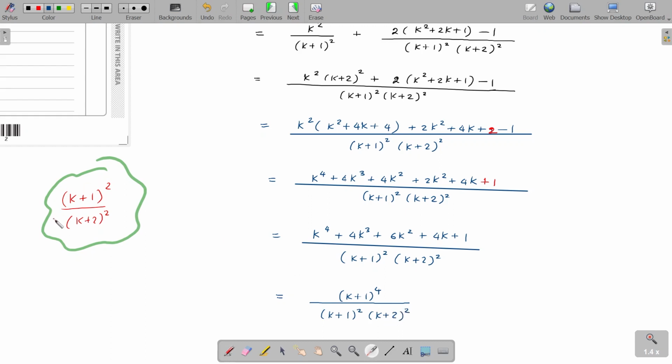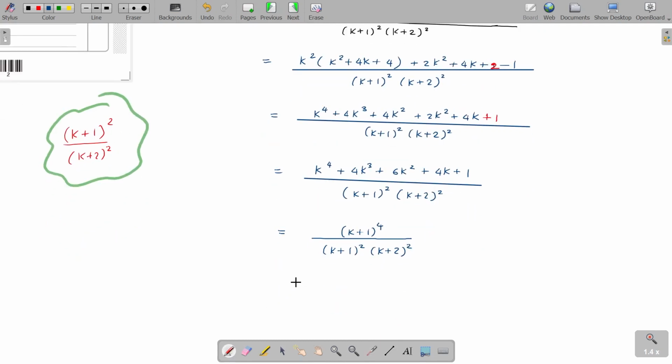So this you can expand and see, you will definitely get this. Okay, so I'm not going to go into that point. Try to use a little bit of your common sense and see, I want to get this answer, what should I do? Then we can simplify, this becomes k plus 1 square cancel, so I get k plus 1 square over k plus 2 square, but bear in mind that if you write this for an incorrect expression here, will you